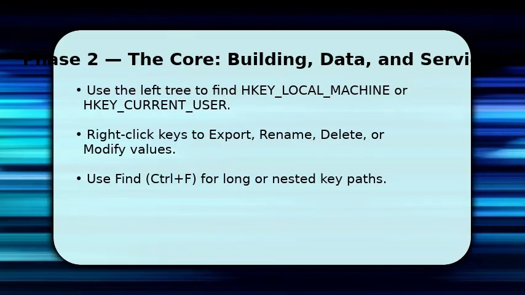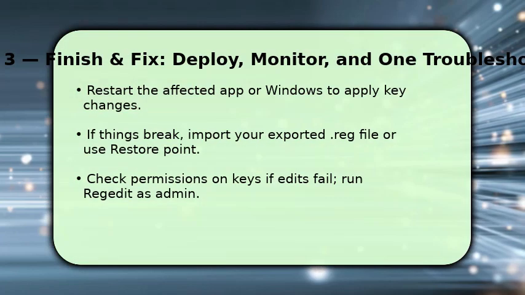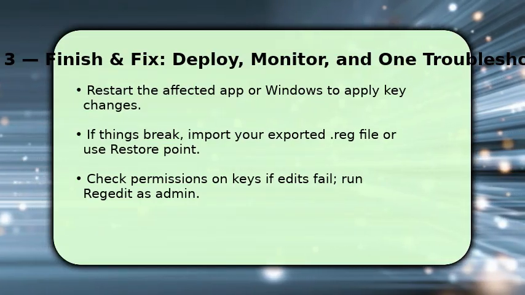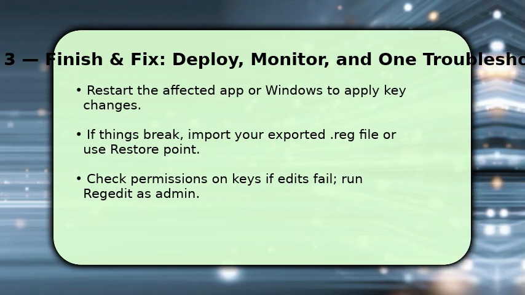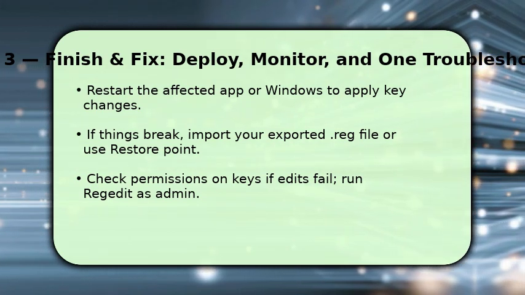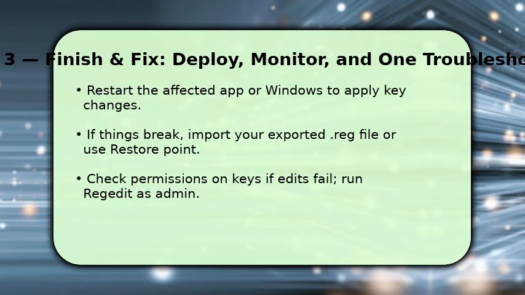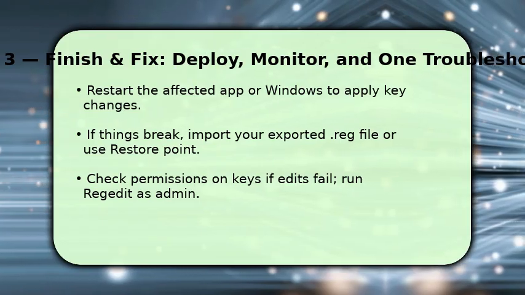Make incremental changes, press OK, and note why you changed that value, so you can reverse it later if needed. To finalize edits, close regedit and restart the app or Windows so the change takes effect. If something goes wrong, immediately import the reg file you exported or roll back using the system restore point. That restores settings quickly. If you cannot save edits, make sure you ran regedit as an administrator and verify key